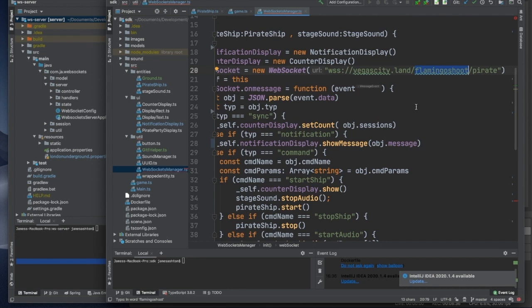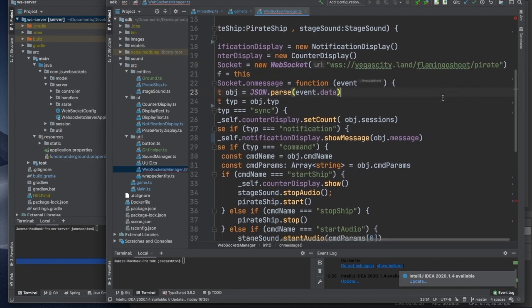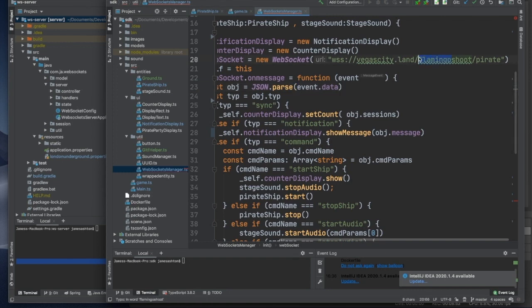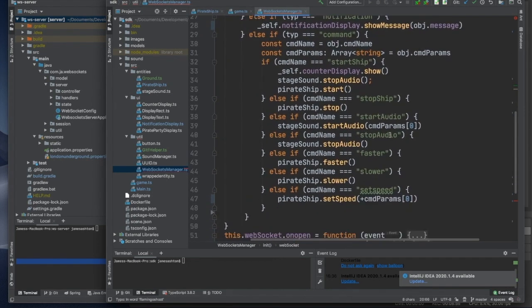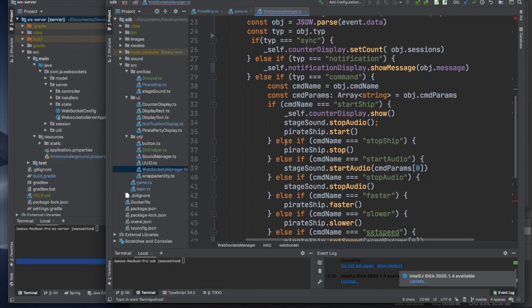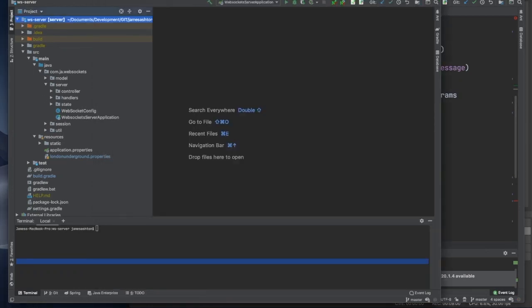You can see here I have one large WebSockets server that contains multiple scenes. It happened that I started it on a game called Flamingo Shoot, which I've been tinkering with for a little while, and so I really need to just rename that. So just in case you're wondering what the heck that was. So really simple stuff. So I'm going to go straight over to the server, and it is a Java server,